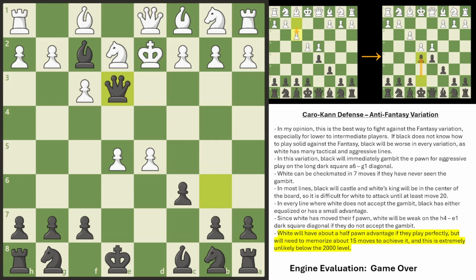Yeah, so this is the 7-move checkmate. And I promise, guys, you will see this at some of the lower levels. I've won a ton of games in this exact line. So, yeah, your opponent, white's going to be like,